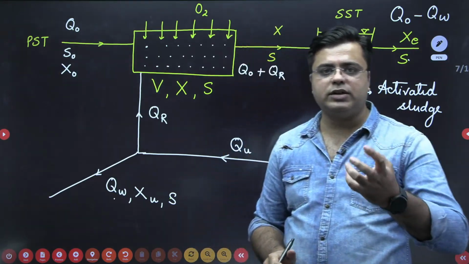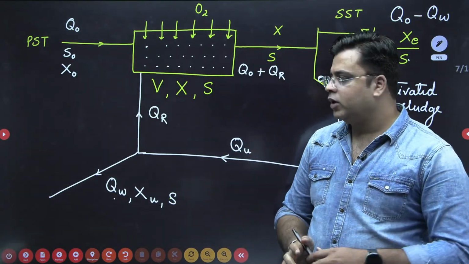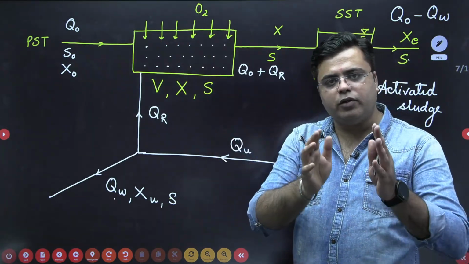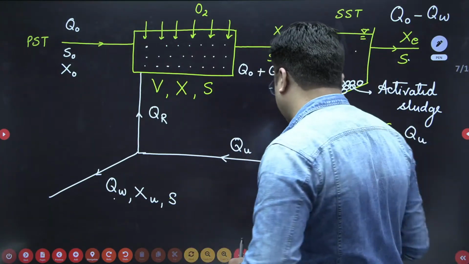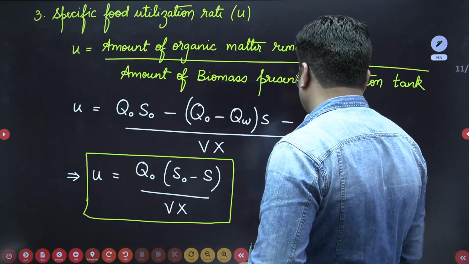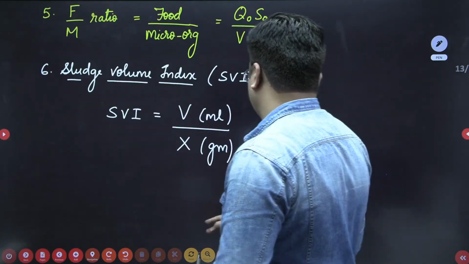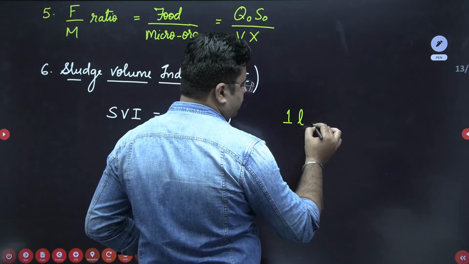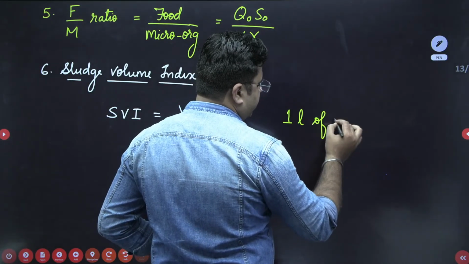Those suspended solids can be biomass. Okay, so you have to simply take out 1 liter of this mixed liquor and measure the concentration of suspended solids. Here it is. So 1 liter of mixed liquor